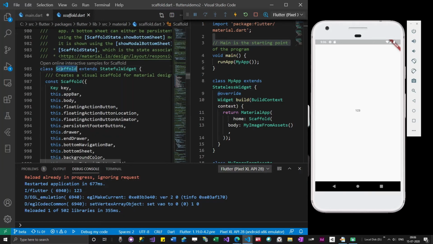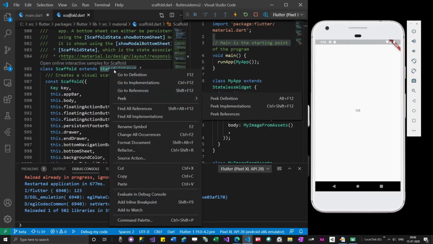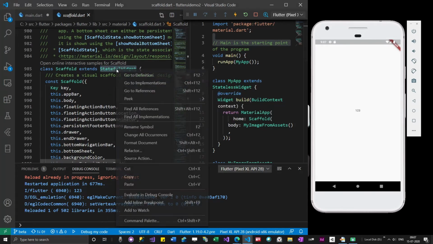You can see that scaffold itself extends stateful widget. Possibly I can right click over here, peek, go to implementation. These are multiple options which you can try. If you are comfortable with these options, what is the definition, what is the implementation, you will actually understand